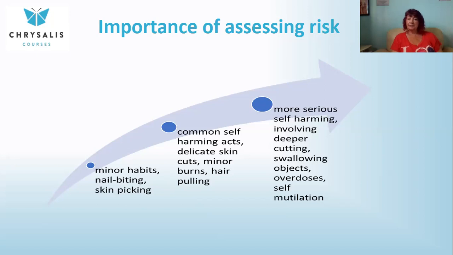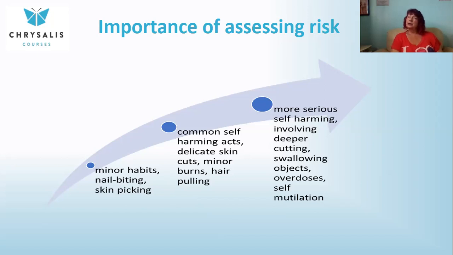You need to set boundaries, otherwise you could have clients contacting you when they're in a crisis, and you might not always be available. For one thing, you might be with your family members. You can't just be called upon all the time. So they need to understand that. And it's also good to give them advance warning of when you're not going to be available, if you're going on holiday or something. And they need to understand the limits of confidentiality, because obviously if you think they're at risk of severe harm, you would need to do something about that.